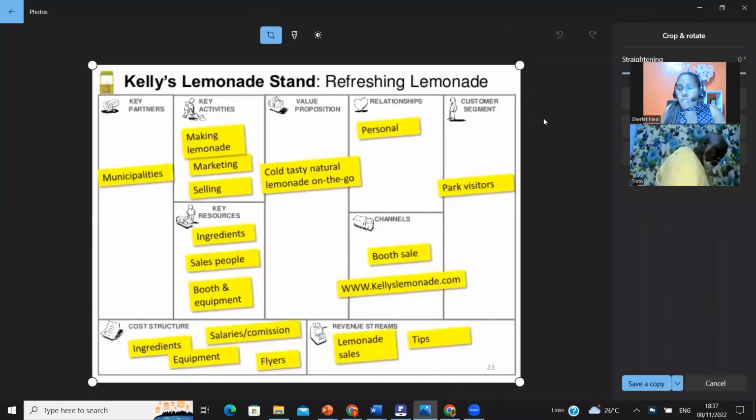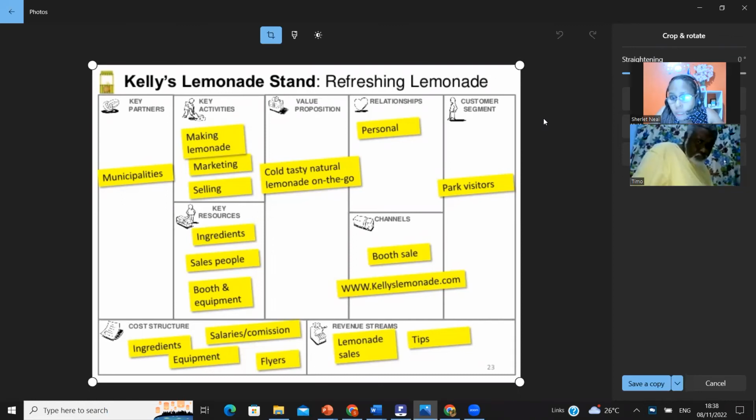Now, the reason I was not making any fuss about this is when you look at what you have done already, you don't do your canvas. You just have not put it together yet. This is, can you see this? Is it clear? Okay. This is a snapshot of everything in that PowerPoint. A snapshot. At a glance, the judges will be able to look at your business model canvas and they will be able to determine whether you have a viable business.